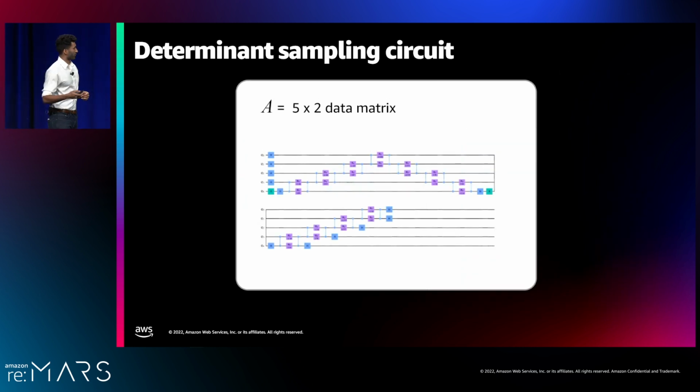Okay, so this is what the circuit looks like. This is a 5x2 data matrix. We're just selecting determinantal sampling from this. And this is just about the largest we can do on a quantum computer today. Anything more than this, 6x2, 6x3, all of that just results in noise. So if there's any slide that shows you the state of the hardware today, this is it.